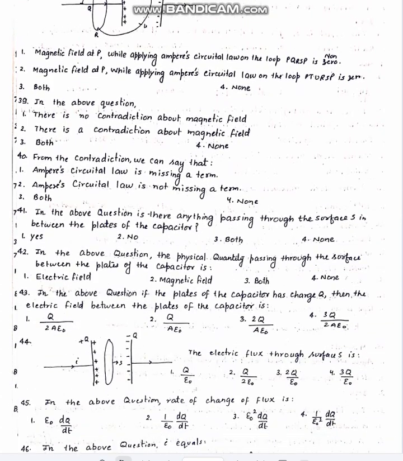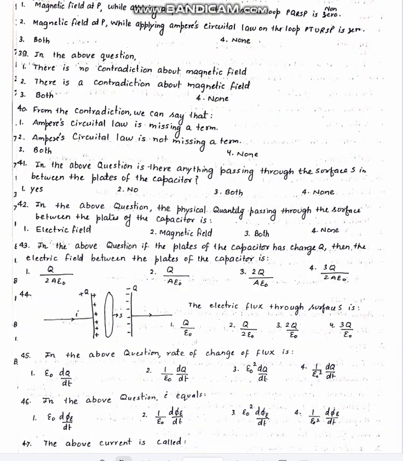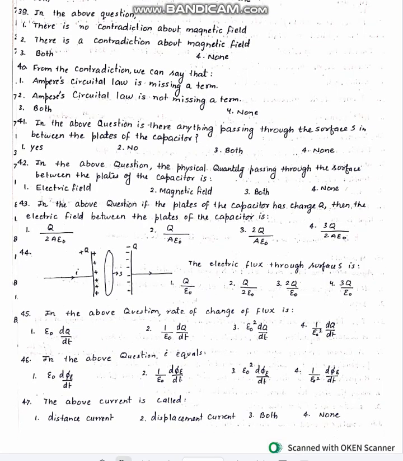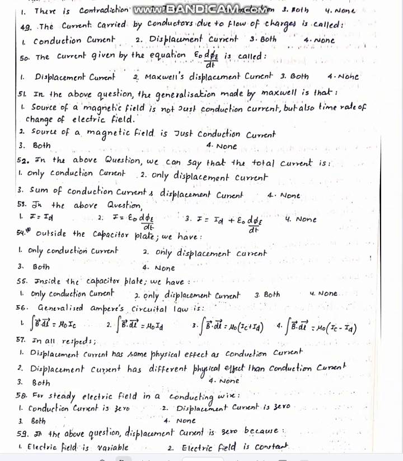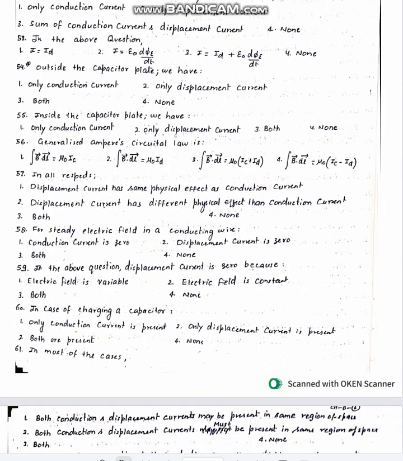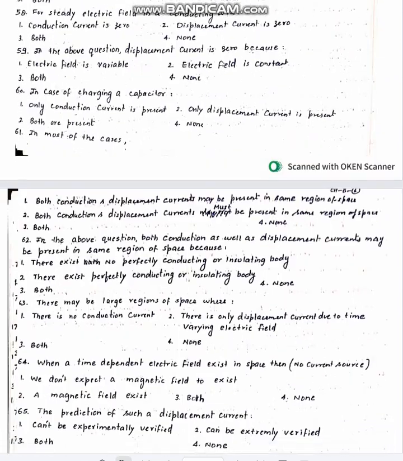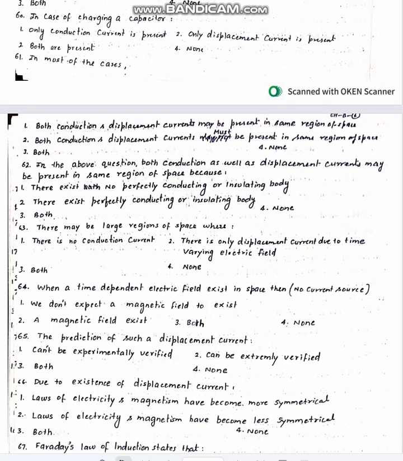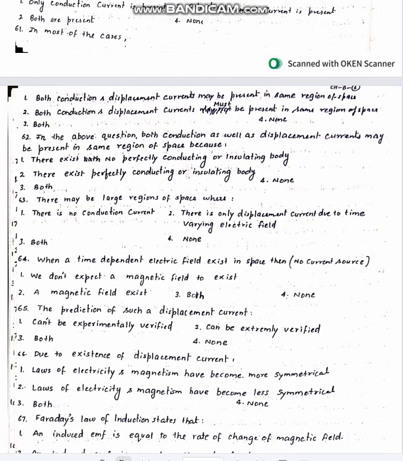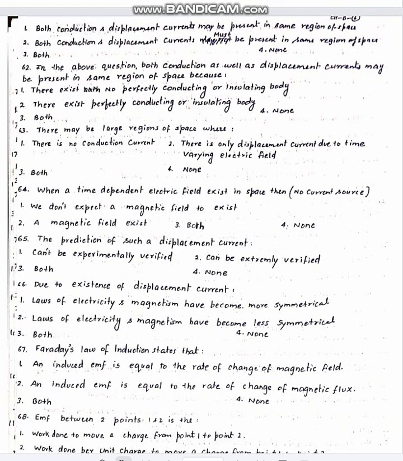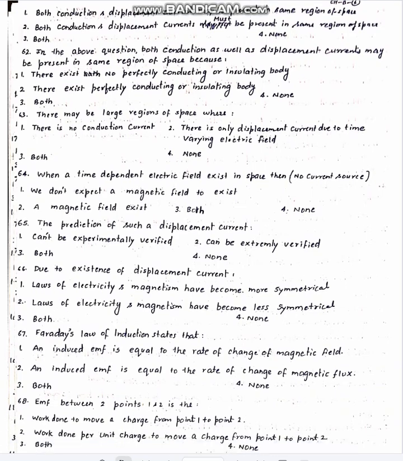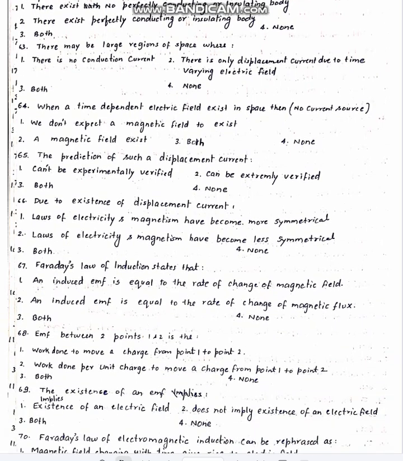Then we have electric field between the plates, electric flux through this surface, rate of change of flux, current. Then we have questions based on total current, conduction current, displacement current, generalized Ampere's law, and the questions based on that. Then we have a time dependent electric field, then prediction of displacement current, then existence of displacement current, Faraday's laws,